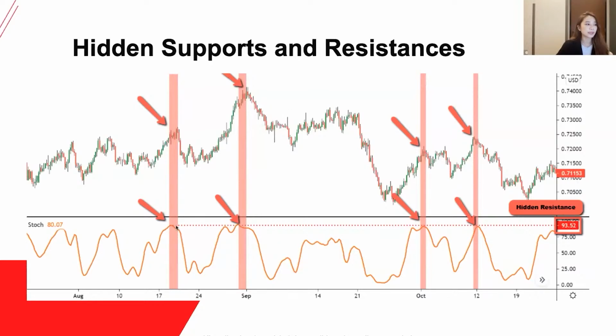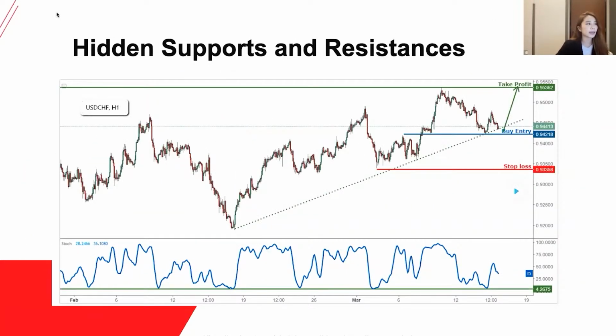So in this case, we can see the 1, 2, 3, 4 touch points on the peaks of the graph. All four touch points are in line and forming a new hidden resistance at 93.52. We are also looking at the actual chart of dollar franc on the H1 time frame. We can see that it's a very nice upward sloping trend. We can also see these touch points, I would need my pen. You can see that these touch points could also relate